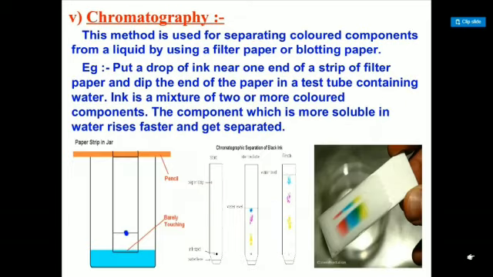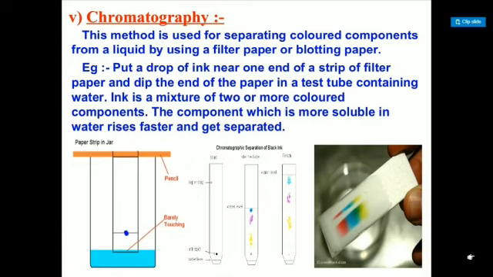Another topic is chromatography, under separating methods. Chromatography has two terms, chrome and graphy. Chrome means color and graphy means to write. The method is used to separate different types of color components from a liquid. For example, different types of chlorophyll from a leaf extract, or the mixture in ink, because you know that inks are a group of dyes.